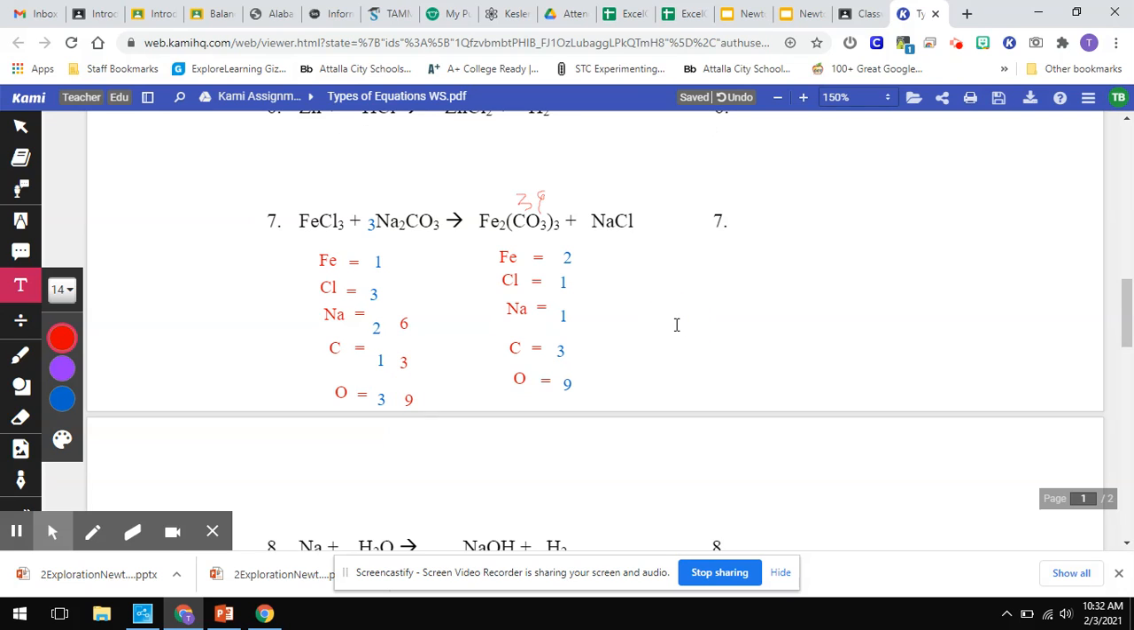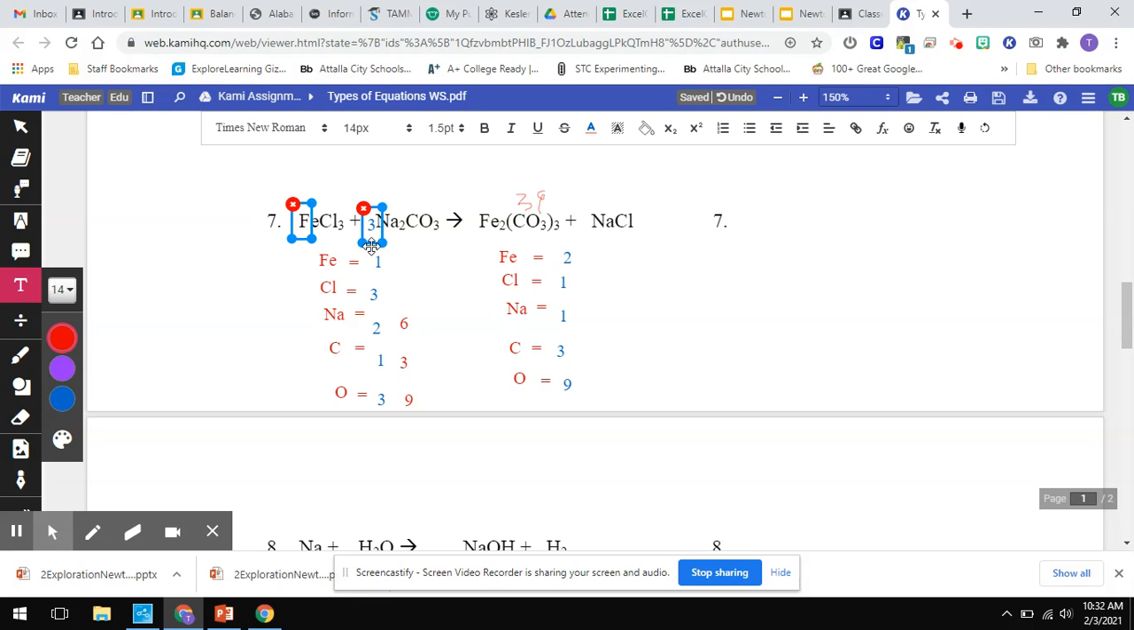So now I need to look and see, well, what's not balanced and what can I do? Okay, so if I go and I place a 2 here, what would that do? That would balance this out. So if I place a 2 right there, that's going to make that Fe become a 2, and it's going to make that chlorine become 2 times 3,